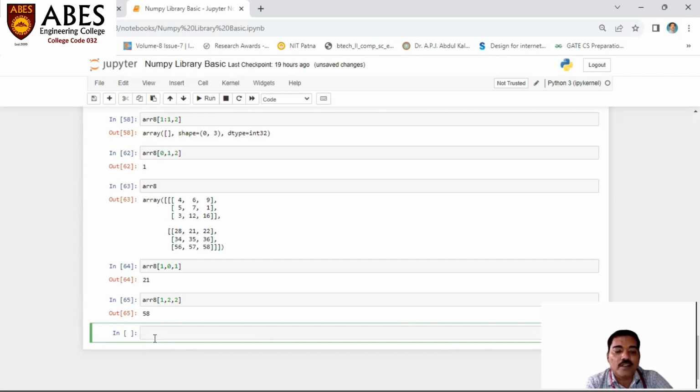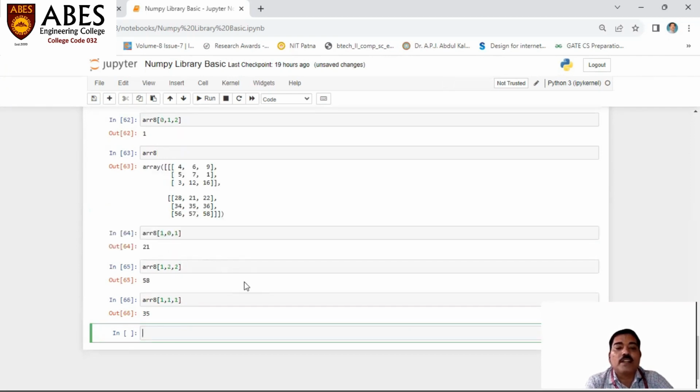Similarly, if we wish to print 35, we write the first element, first indexing, as well as again the first part, not zeroth, and again we take the first one. So we are printing the 35. It is very clear how we find the locations, the indexing part of the